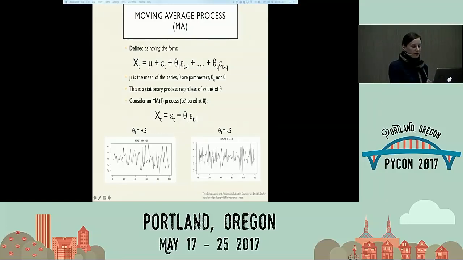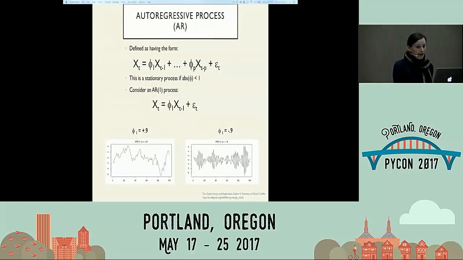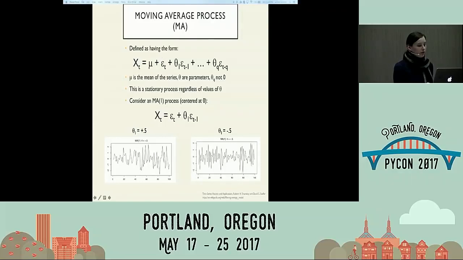So a moving average process is part of your process, but we model it as a combined process. So it's both a moving average and also an autoregressive process. An autoregressive process means that your value at a particular time depends on your value at previous times, right? So here, we're assuming you sort of oscillate around a mean, and then you have an error term at each time, and that error term carries forward a bit.